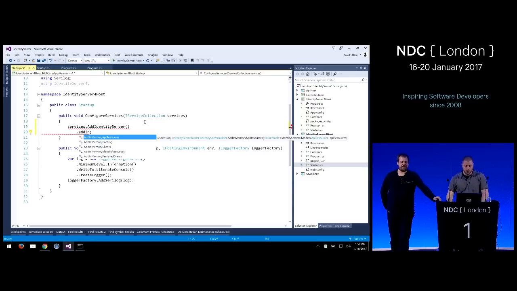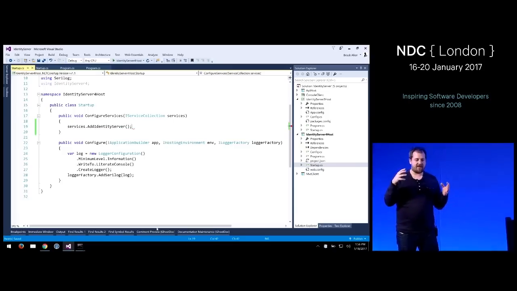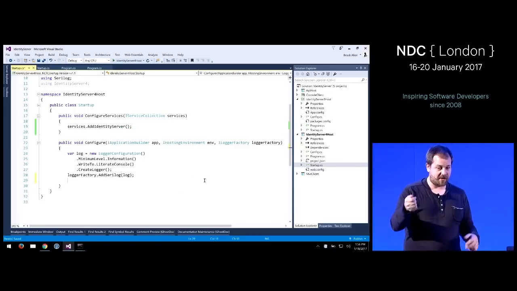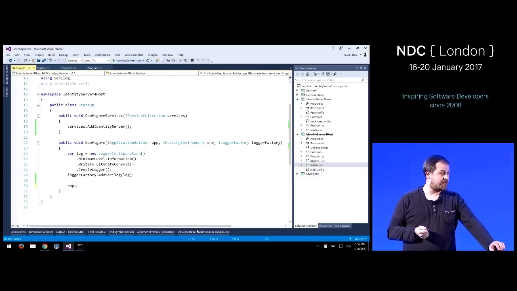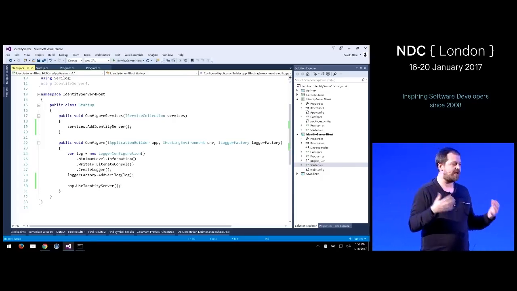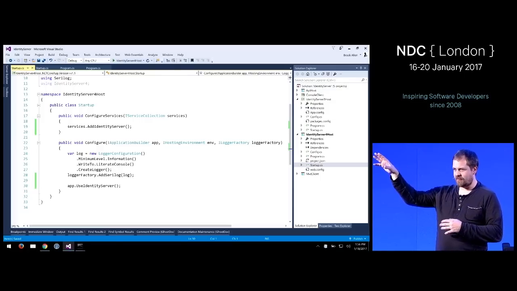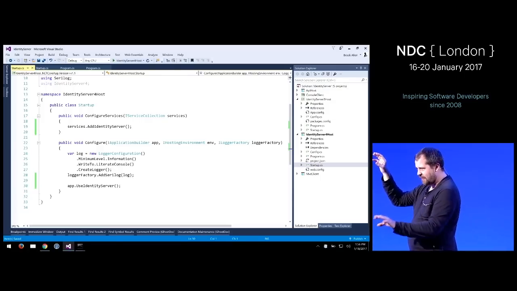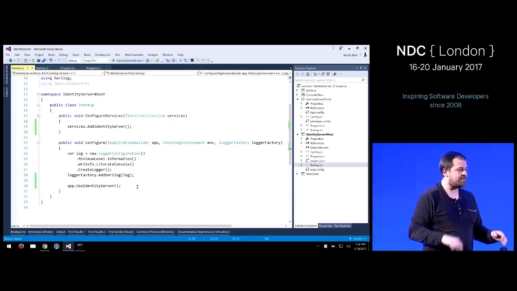And the middleware itself, just to conclude that, they split up this startup class in 2 methods, as Brock said. One is for configuring the DI system, and one is for configuring the pipeline. So the typical pattern in ASP.NET Core is that sufficiently complex middleware has 2 parts. One is the upper part where it adds the DI services, and the lower part where it inserts itself into the pipeline. MVC, for example, uses the same pattern.